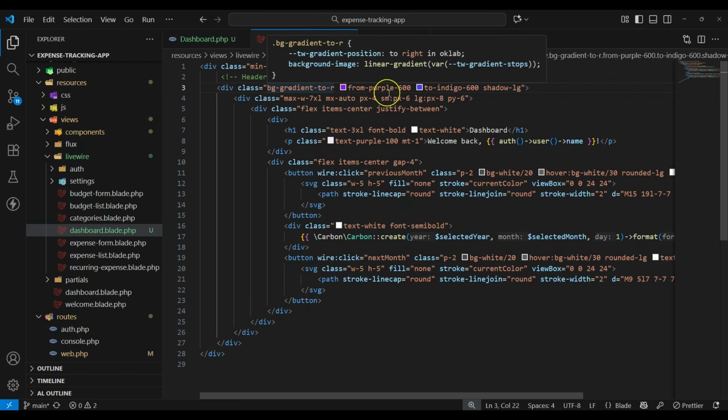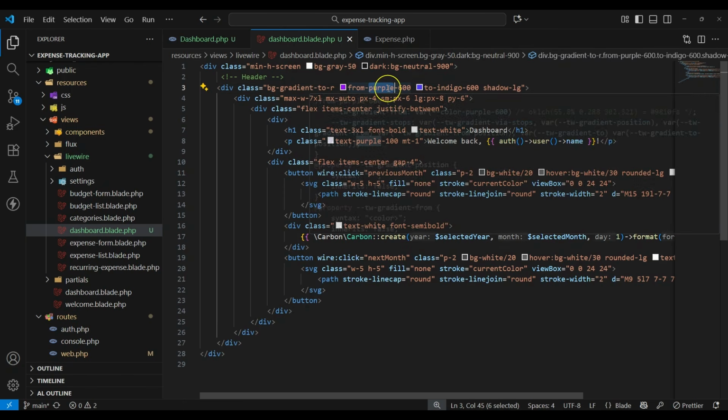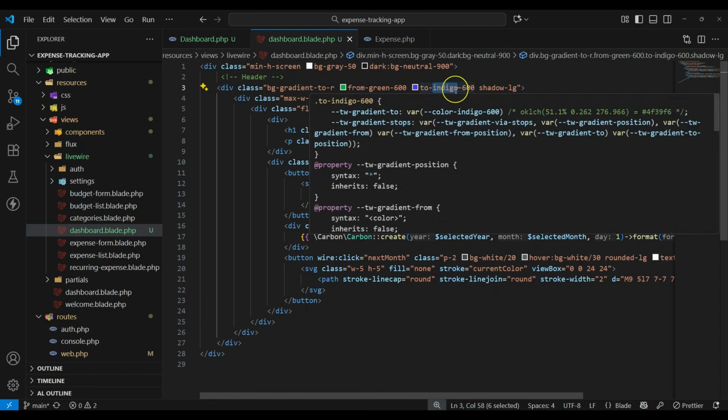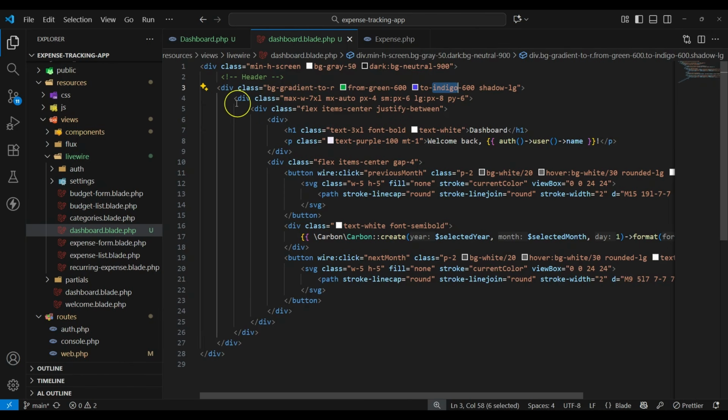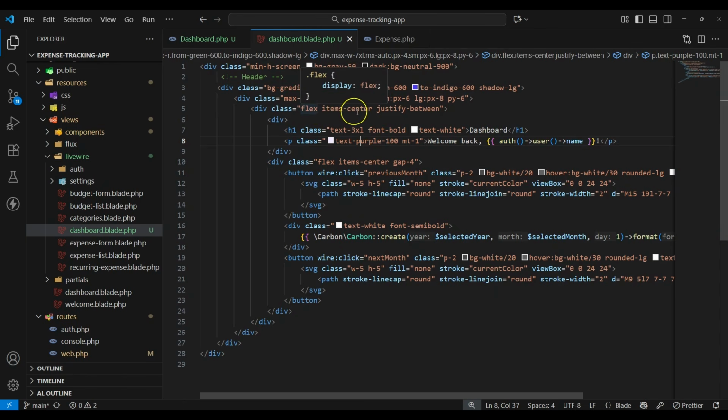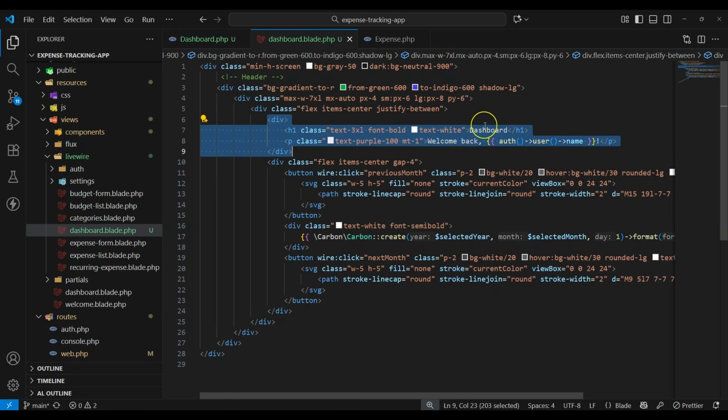So let's say if you want to change this one, let's say from green to something like... yeah, you can leave that one, but you can change it if you want. And then we are going to have this div, which will wrap these details, where we are going to have the items. In these items, the first item will be this div, which contains the name of the